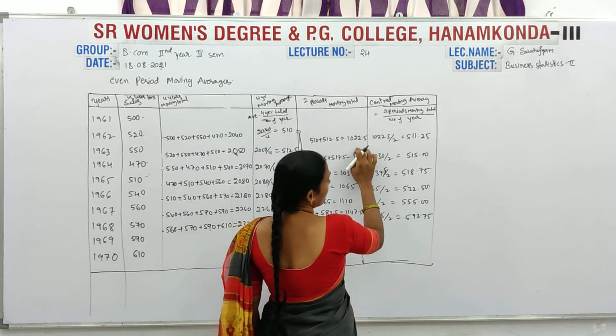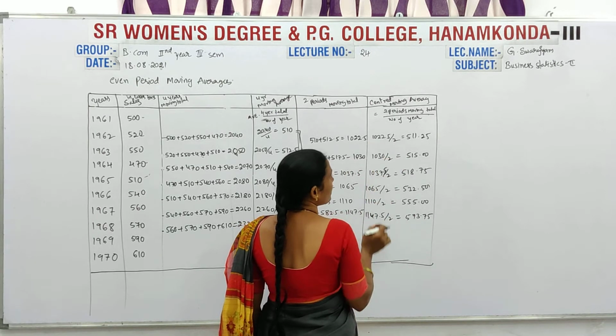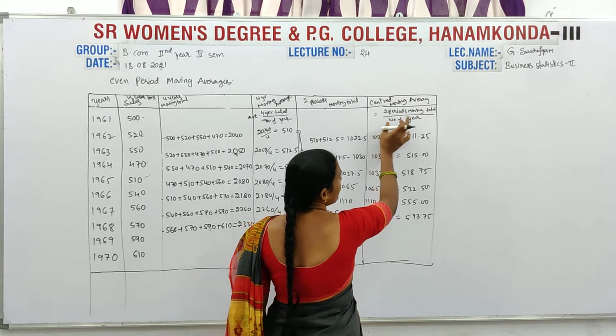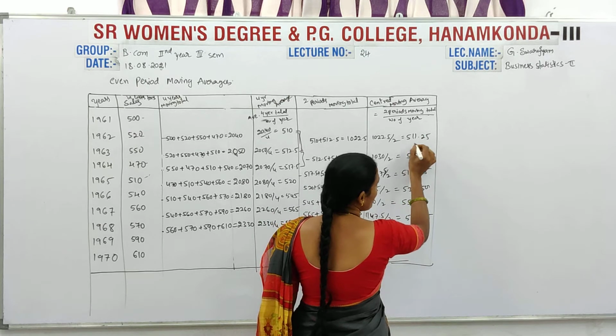Here the 2 years total is divided by 2. So the centered moving average value is equal to